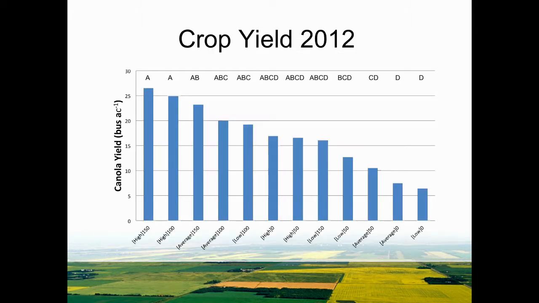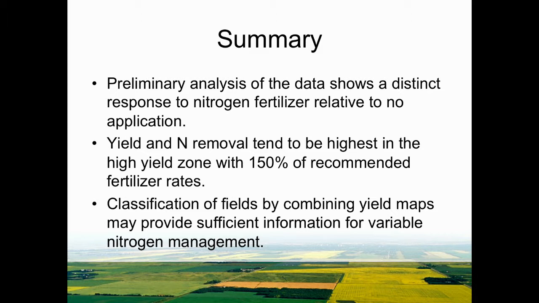These are the results of the research in 2012, and we had a very similar trend, again with the controls on your right, with the low production in the areas where no fertilizer was applied. However, there was a bit of an outlier, the average 150 there. Well, on the left, you can see that we had the highest production in the area with traditionally high production as determined with the yield maps and 150% of N. So in summary, there appears to be a response, but we needed more data,